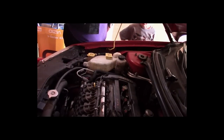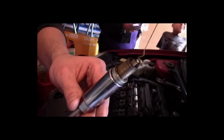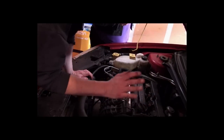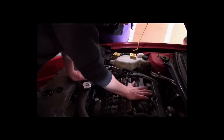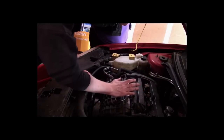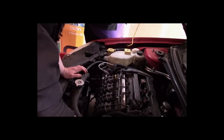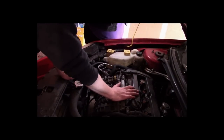All right, taking the spark plug out, we're going to see if there's any evidence of coolant on here. No evidence of coolant on it or anything, so a little bit indecisive on that. So right now, the only thing I have is very subjective evidence that we have spark. If we don't have spark, obviously that would be really good news, and hopefully we'll find that I was wrong on that. What I'm going to do now is show you the setup we're going to use for a leak